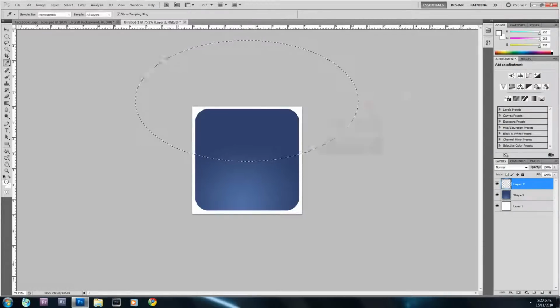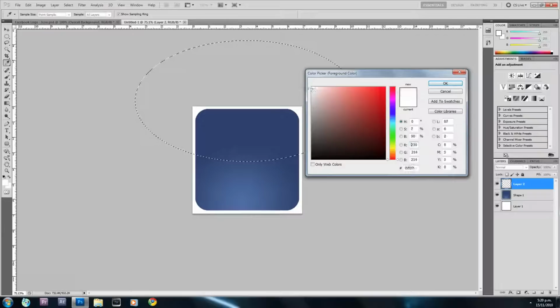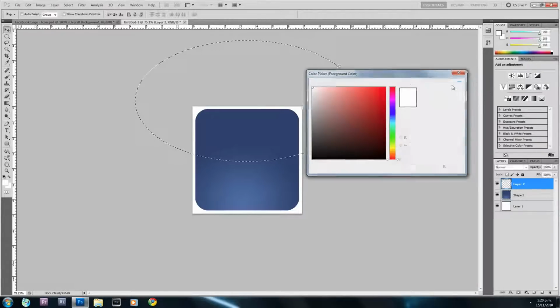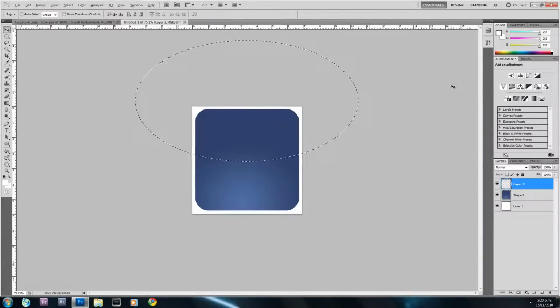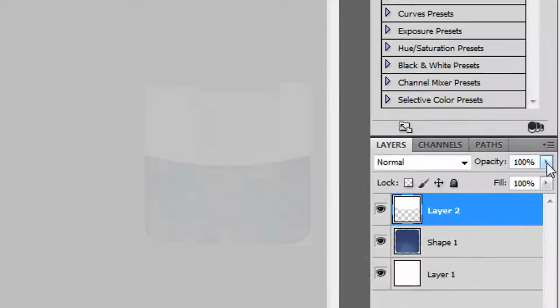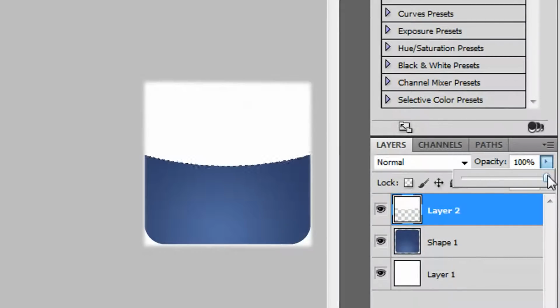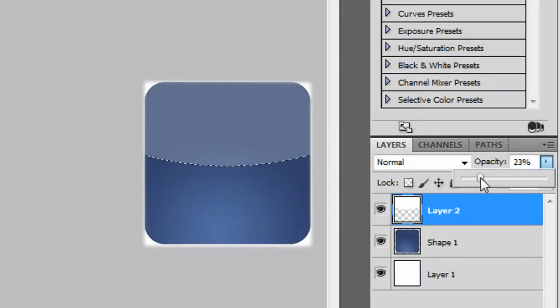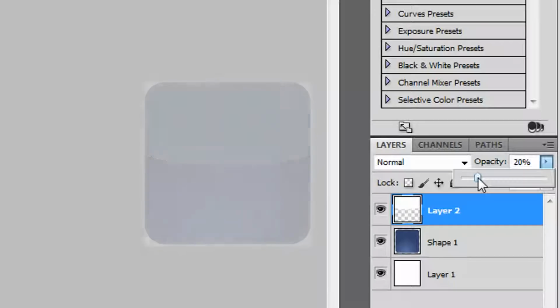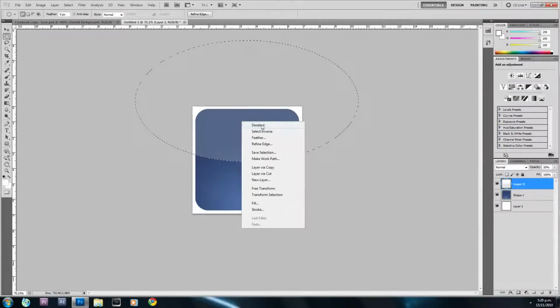and making sure that our foreground color is set to white, I'm just going to hold down Alt and press backspace, and then I'm going to lower the opacity of this layer, and I'm going to change that to about 20, and right click this, deselect,